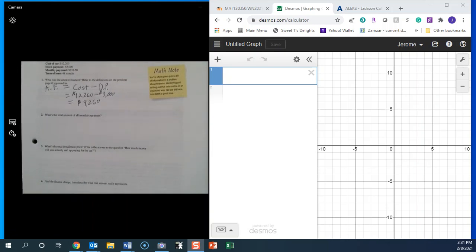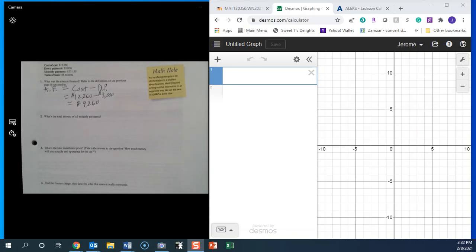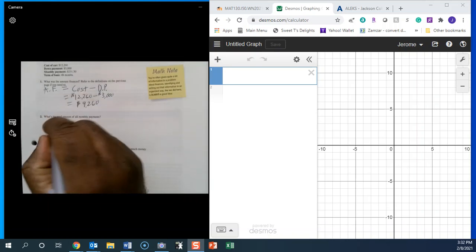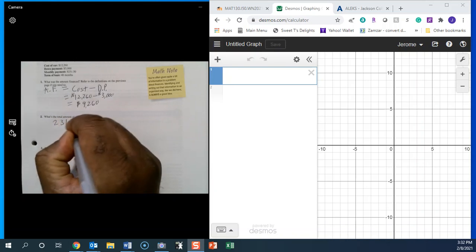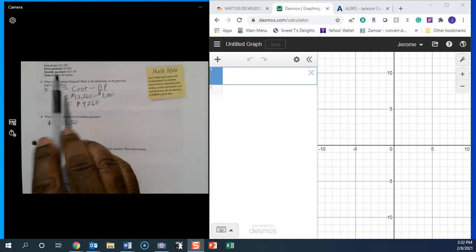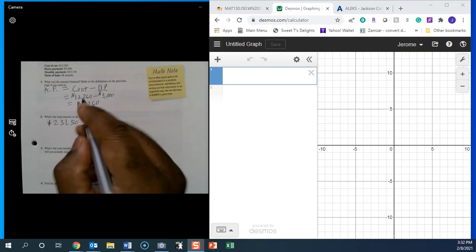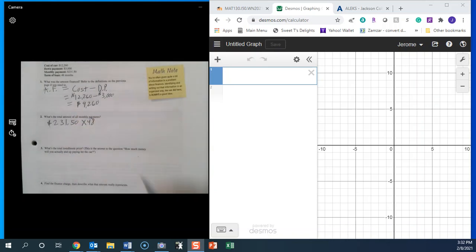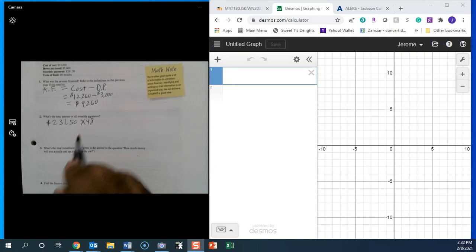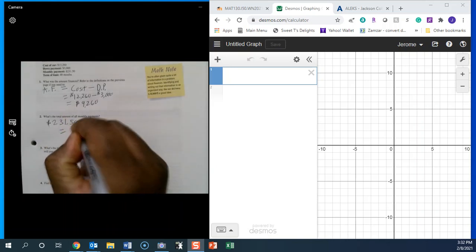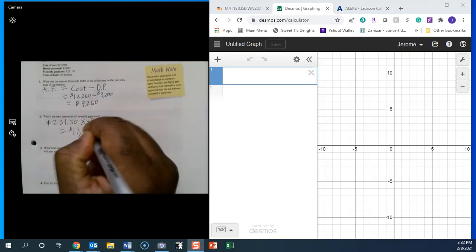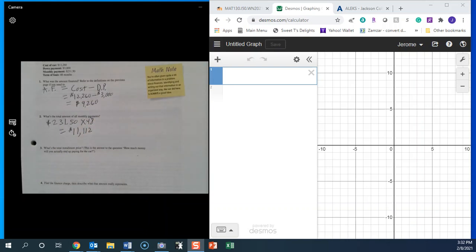Now we go here to number 2. What's the total amount of all monthly payments? Now they told us that the monthly payment is $231.50, and they tell us the term of the loan is 48 months. So we'll multiply that by 48. $231.50 times 48 would give us $11,112. Okay, now